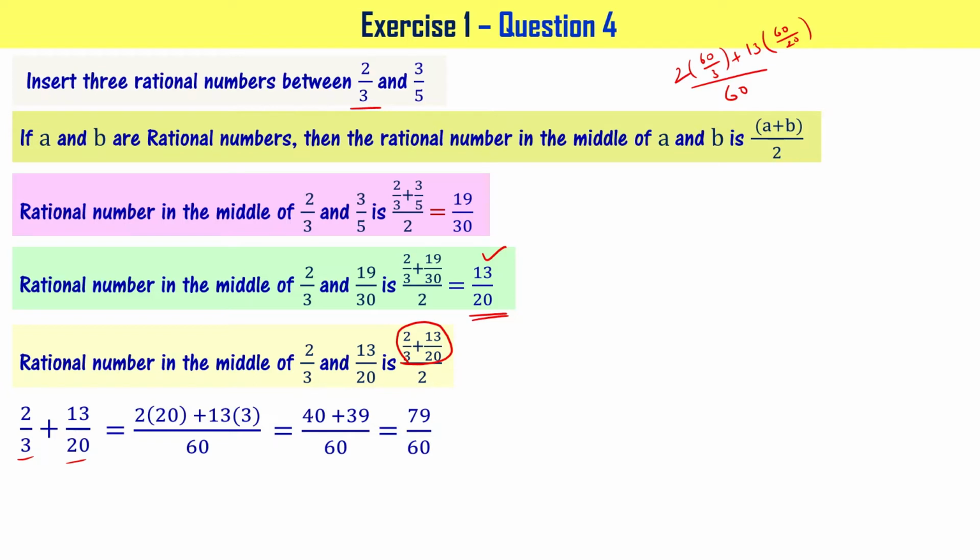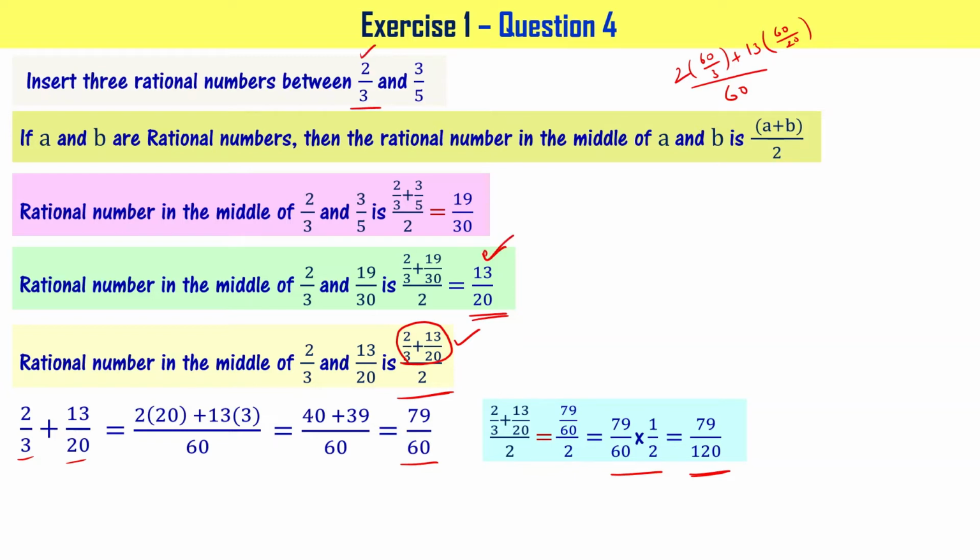Now 79 by 60 is equal to the numerator here. What is the value of the whole ratio given here? That is 79 by 60 divided by 2. That can be written as 79 by 60 into 1 by 2. That is going to be 79 by 120. Now you can say that 79 by 120 is the number inserted between 2 by 3 and 13 by 20,